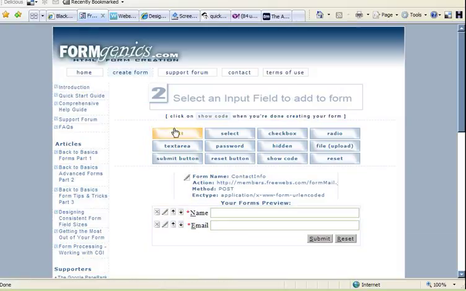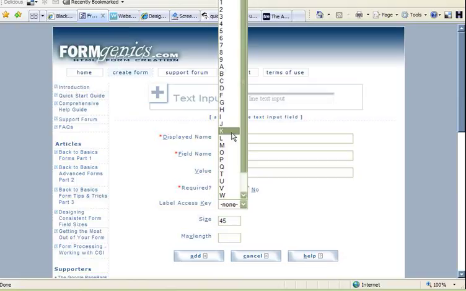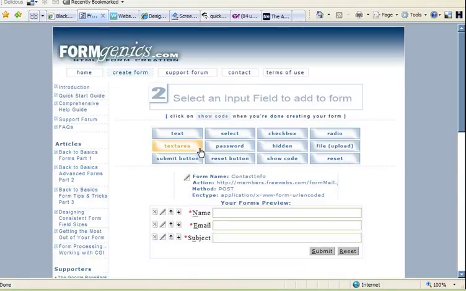And now we have our two fields. One more time, and we do the subject of the message. No value required. You're going to use an S. I guess S is not an option, so what's the next letter? U. And again, we do something like 50. Add. And we basically have our first three fields, the name, the email, and the subject, and now we need to add an additional field for